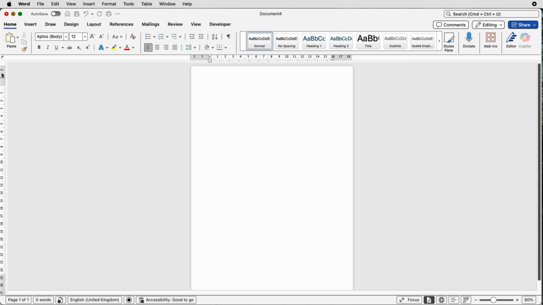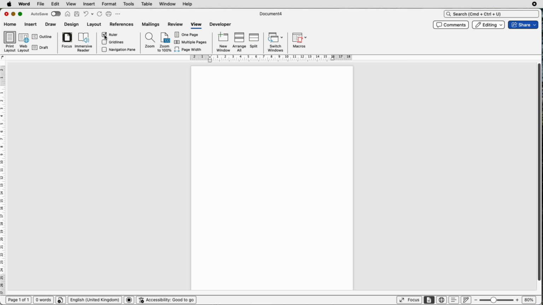And over the side here, you can see the rulers. Now, if you can't see the rulers, go up to View and make sure that rulers are checked. Then hover between the grey and the white section. You can see you've got a double arrow. Click and pull down that margin until you've got enough space to include the information that you need at the